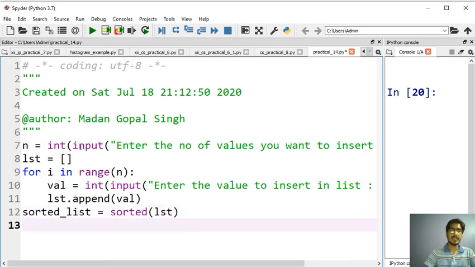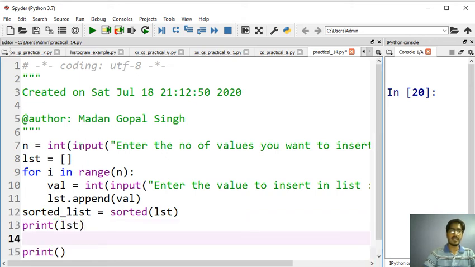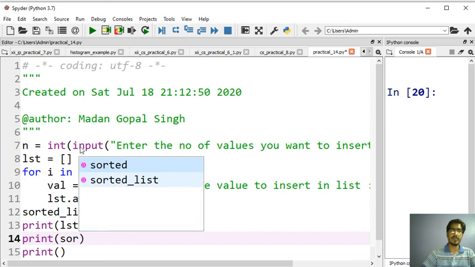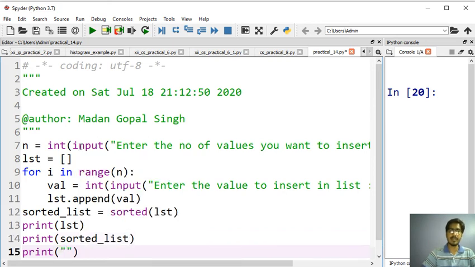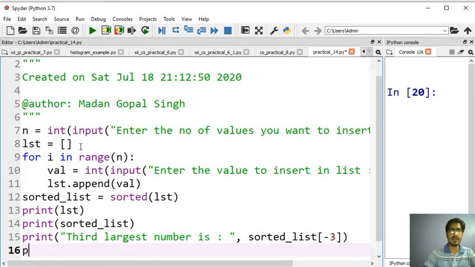lst will be passed, and then you can print the third largest. Let's suppose, for your reference, I am printing the original list, then the sorted list. Otherwise there is no need to print these lists. I will directly print: third largest number is, sorted_list with minus 3, which will be the third largest number.